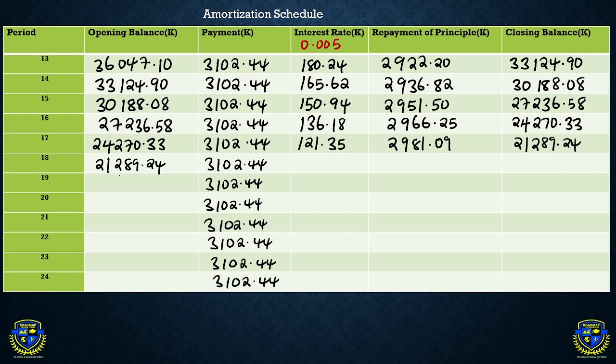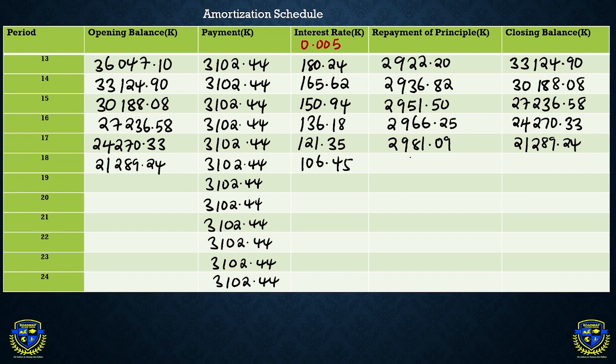Multiplying 21,289.24 by 0.005, we're going to have an interest of 106.45. Subtracting 106.45 from 3,102.44, it's going to give us the repayment